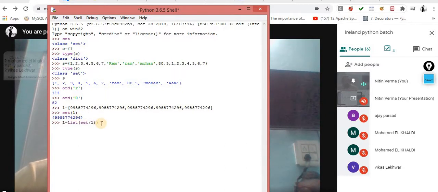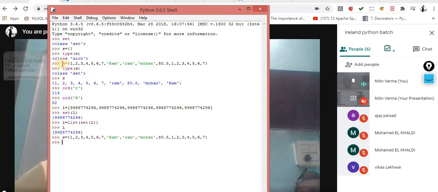Now what will happen when I implement it? Now you can check it out. This one is the original data, and after converting into the set and then into the list, I am getting only the unique values. This is one of the powerful features of the set. Your time is saved from doing the hard coding. The same thing can be done with hard coding, but if you know the set, it is a matter of only 1 line. So this is the first advantage associated with the set.